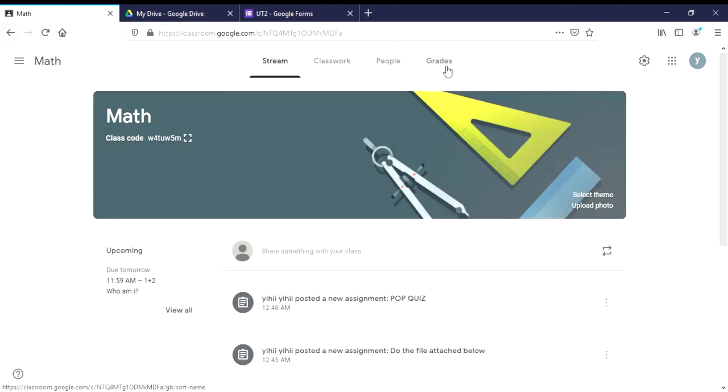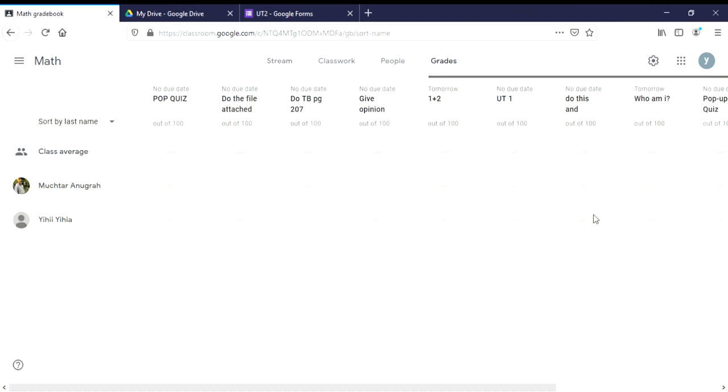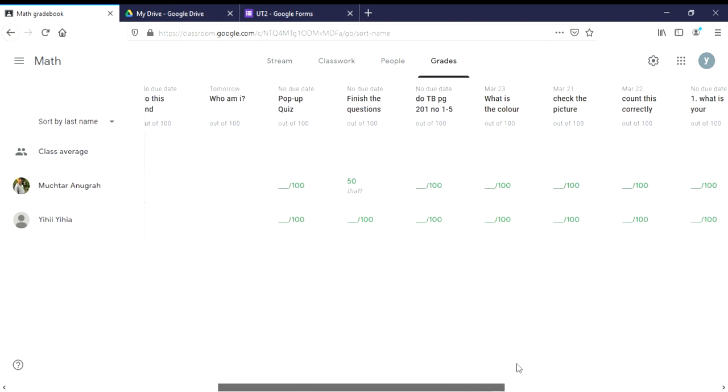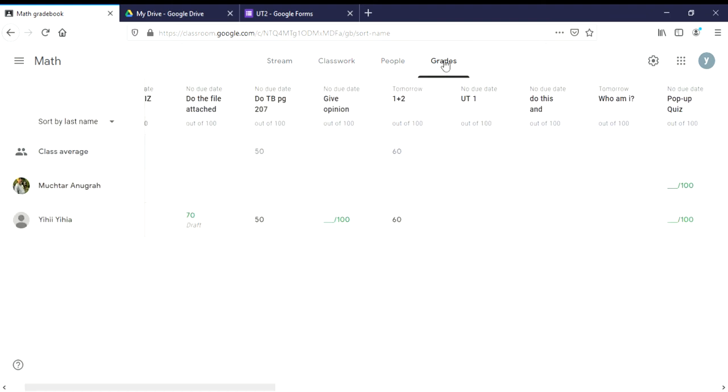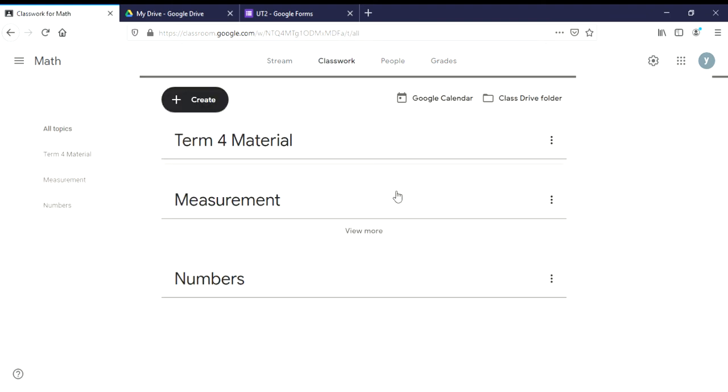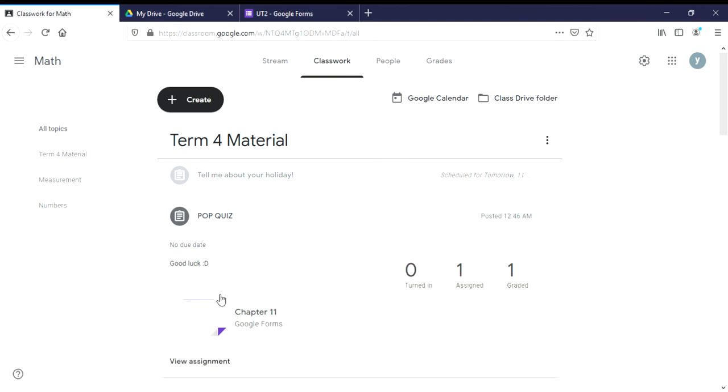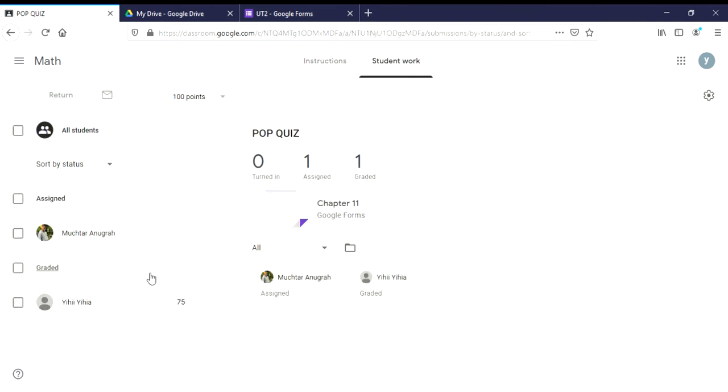What is the point of grading it? If you see here, you can see their grades per student for the assessment that you gave them. Some of them are still draft. The black one means you have returned the score to them. Okay, I believe you can download the score, but it's per assignment. So let's say that you have this assignment. What you will do is go to this setting and then copy all grades to a Google Sheet, or you can download all the grades as CSV.